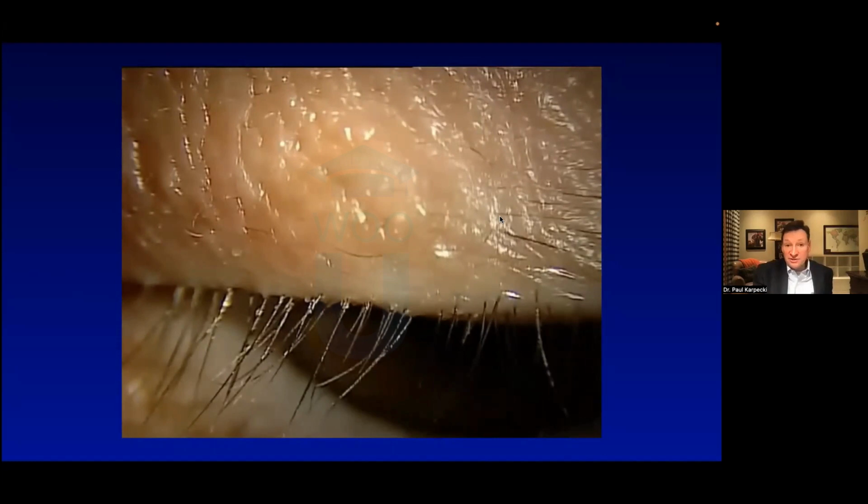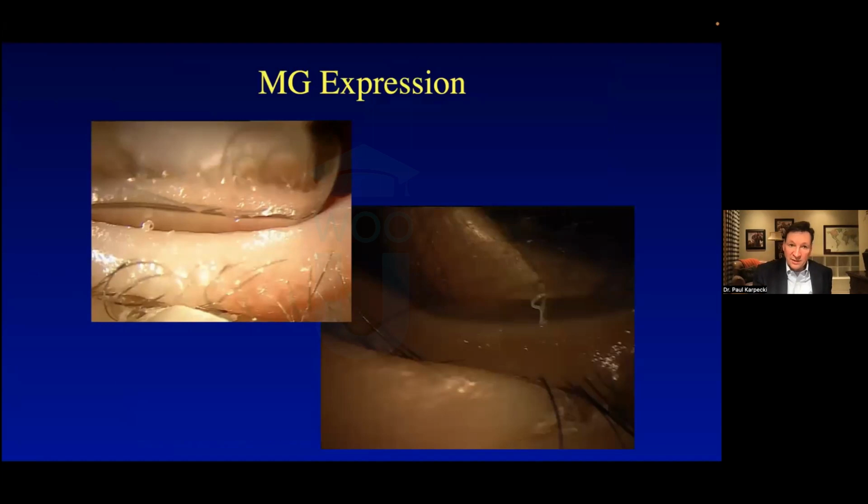And that's why I tell patients, even those who are asymptomatic, we need to treat this because eventually you're going to lose those lashes. They're going to get thin. You're going to get immune-mediated dry eye or chronic dry eye because it's going to get in the meibomian glands, and on it goes. I also said expression's critical.